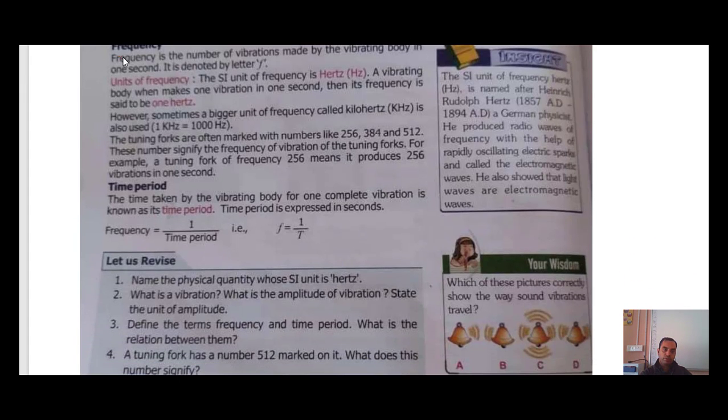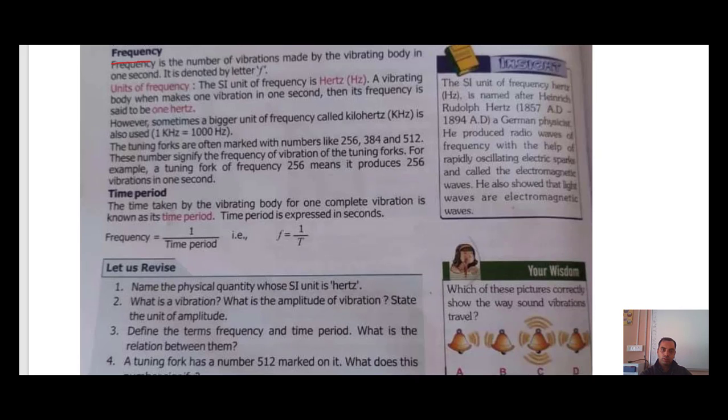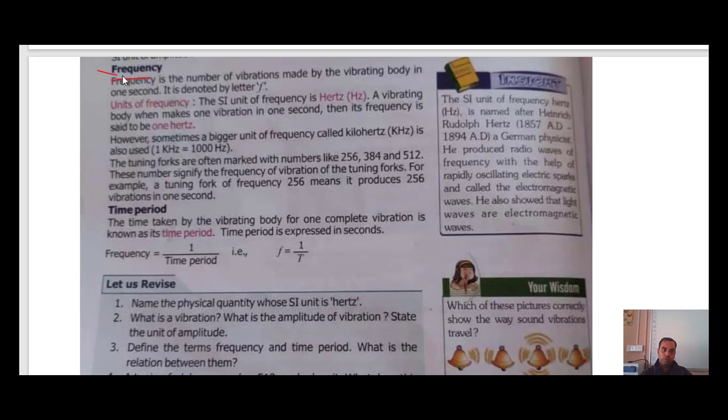The next point is frequency. Here you can see frequency. Frequency is the number of vibrations made by the vibrating body in 1 second. So here we try to understand that there is a mean position, about which a body oscillates. Now, in 1 second, how many times it is vibrating or how many times it is oscillating, that is